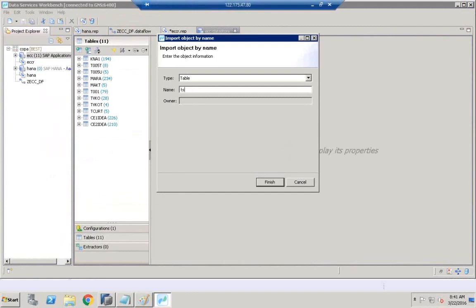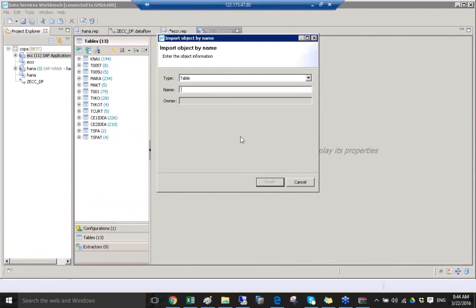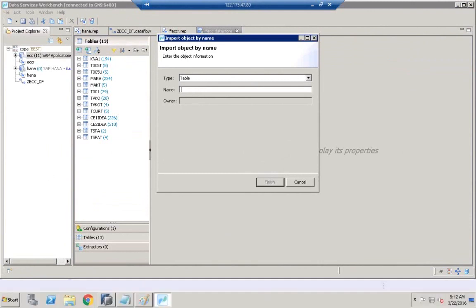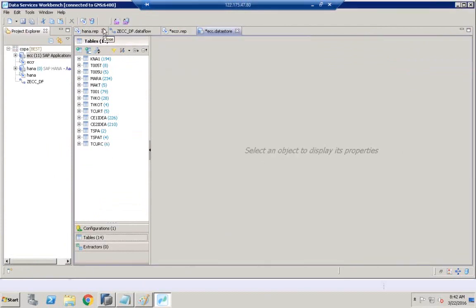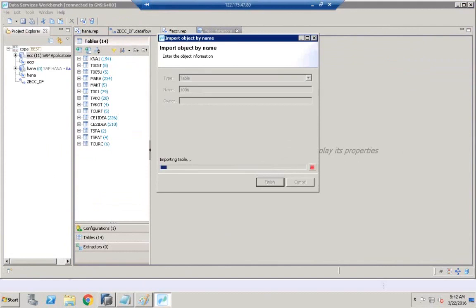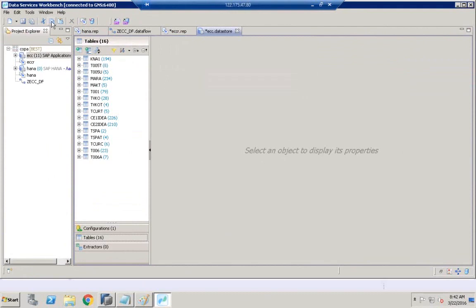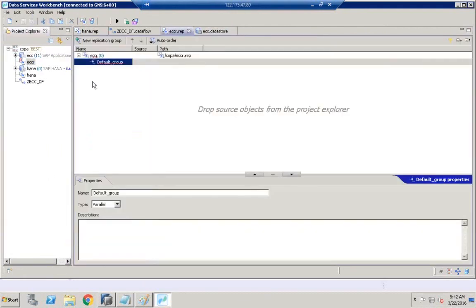Anyway, we'll see this again, but just TSPA, TSPAT, TCURC, T006, T006A. Once we get all the required tables,